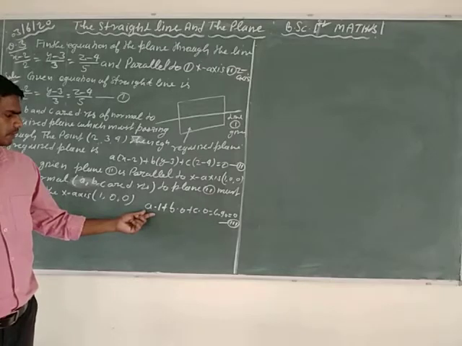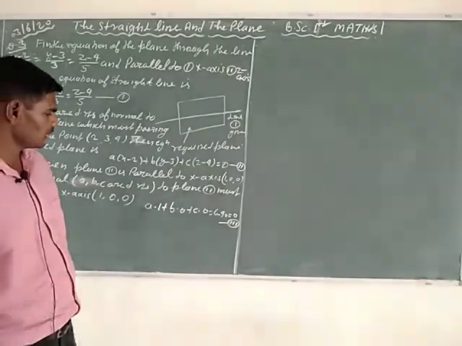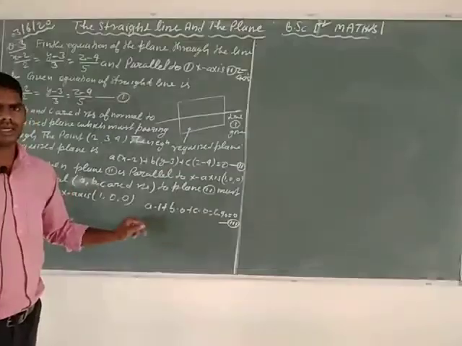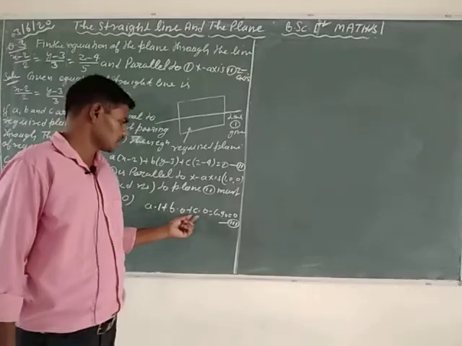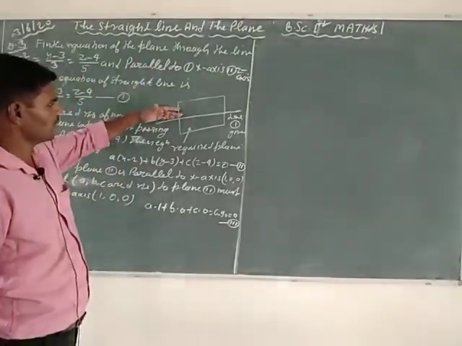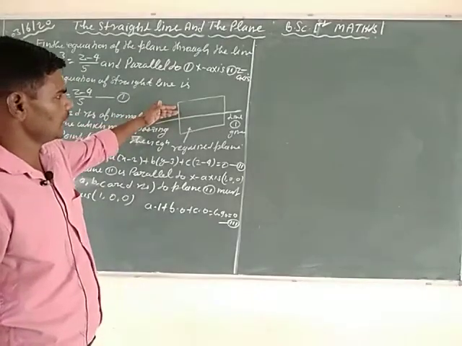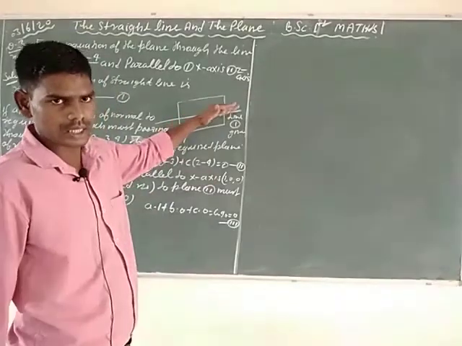Equation third is a condition. The equation second is the required plane equation, and equation third is the condition: A into 1, B into 0, plus C into 0. Also know that if this given line lies totally on the plane, then in this